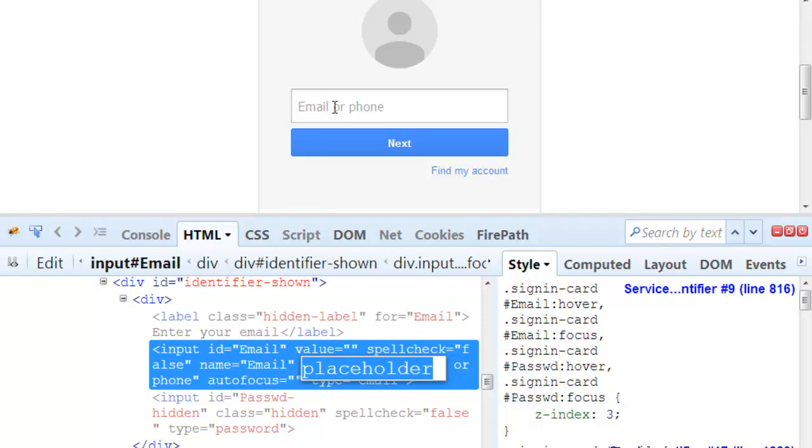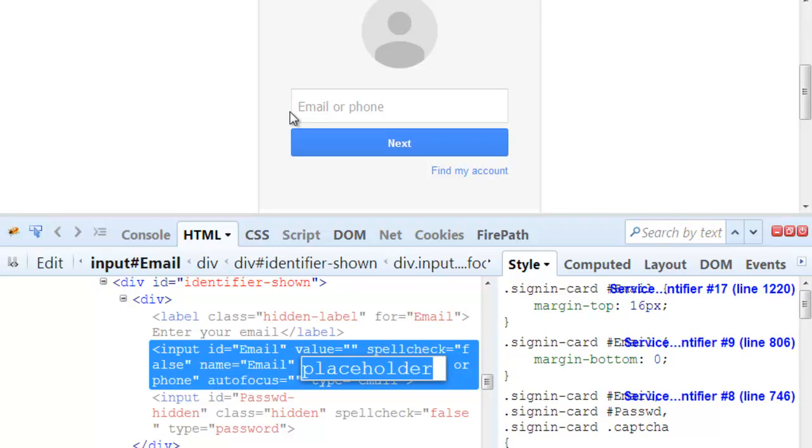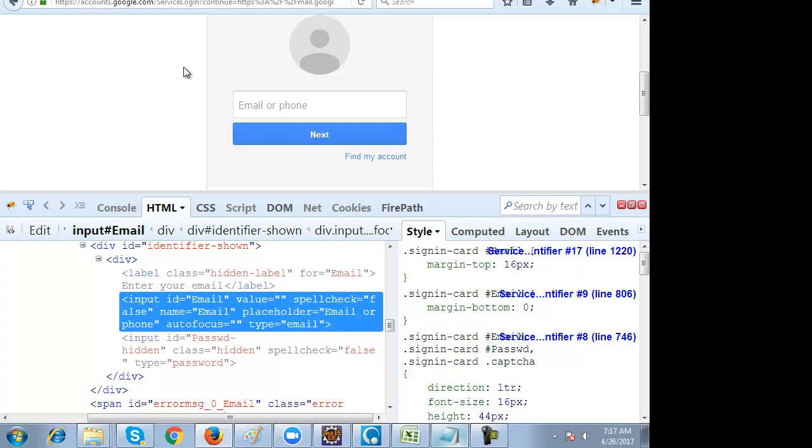Now look, the thing is, in Selenium, first of all, everything is known as a web element. Don't confuse it with the web element of QTP or UFT if you have studied that. In Selenium, everything is known as a web element.